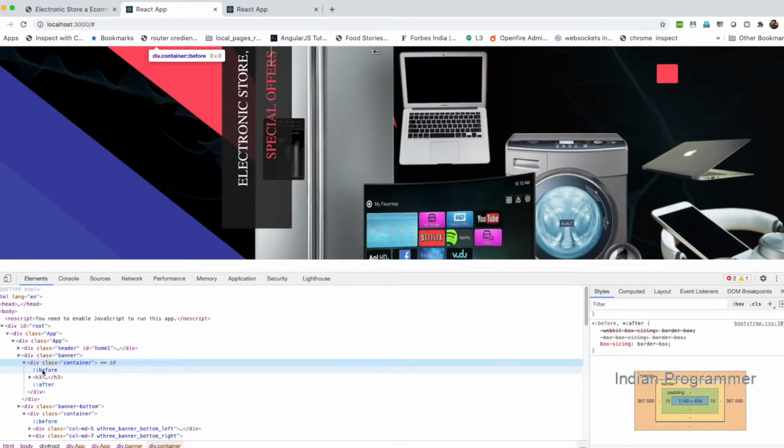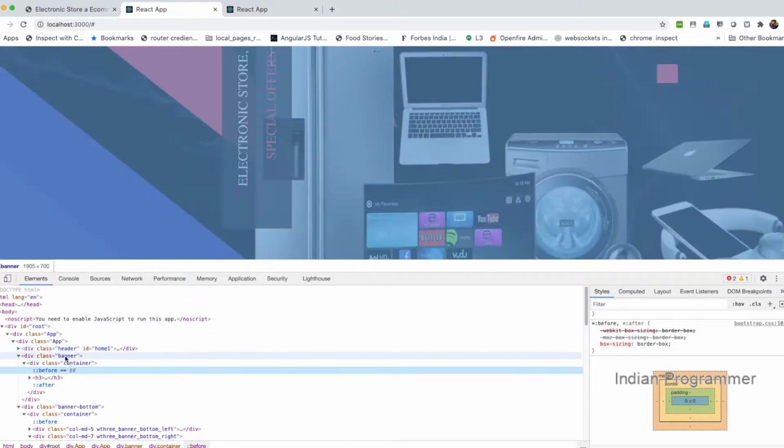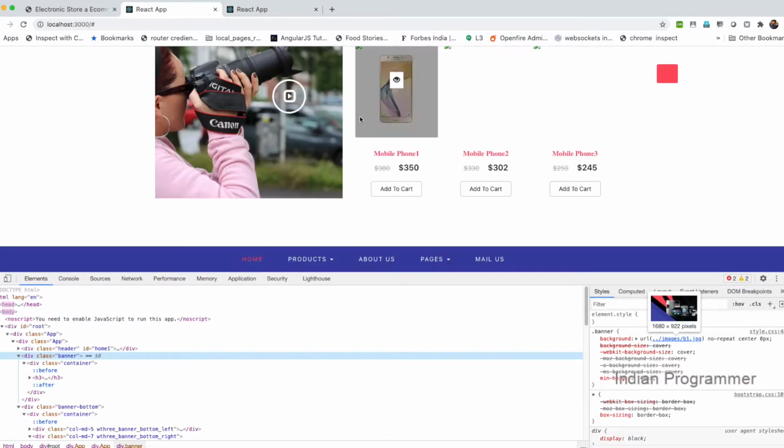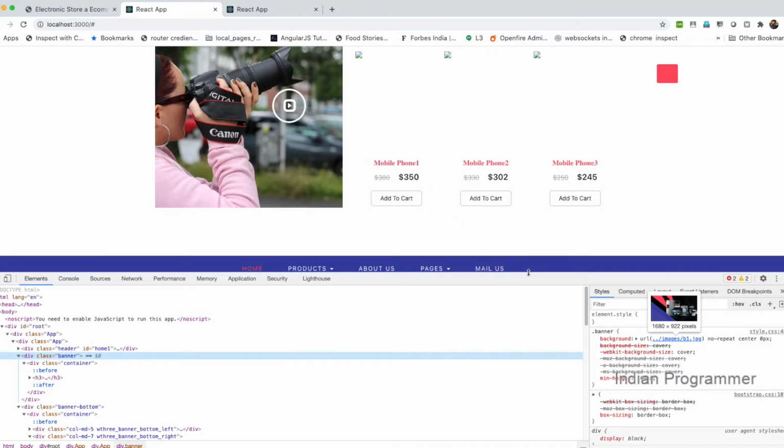I think this image is loaded from the CSS, but here how can we load? Assets images. Okay, I think we should not use this word public. Yes, it came.